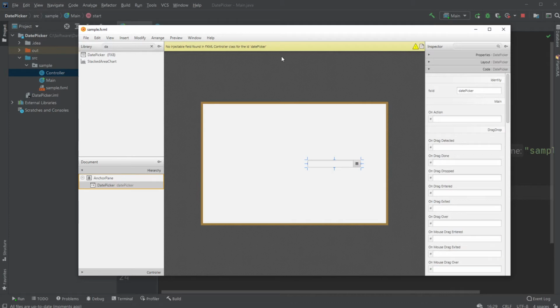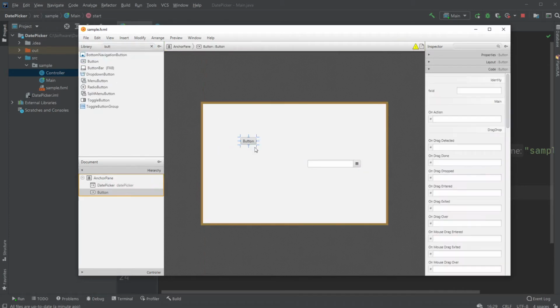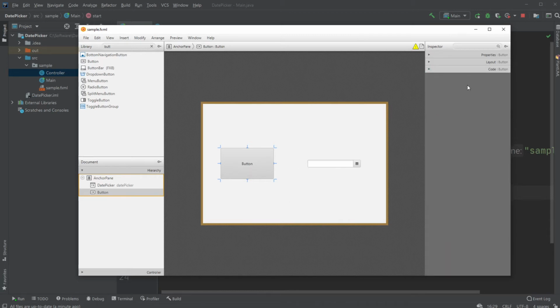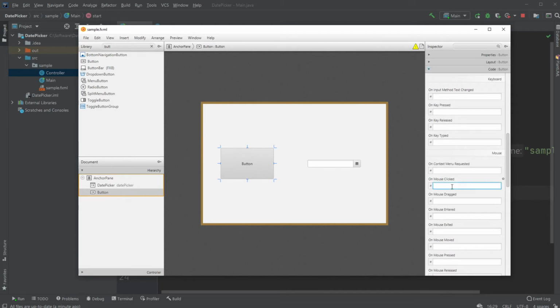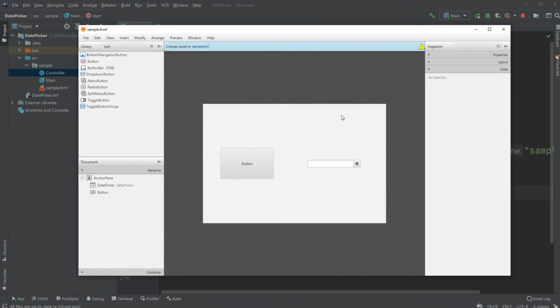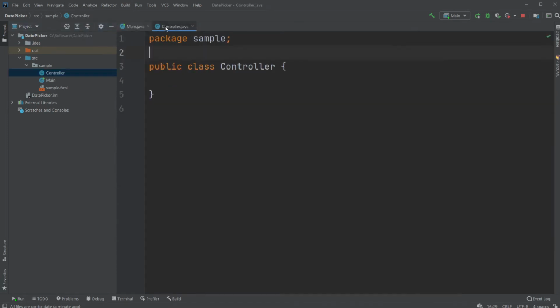And I'll create a simple application where I have a button. And when I click the button, I will just print the date picked inside the DatePicker into the console. So for the button, I will choose on mouse clicked, call it getDate. There we go. And I will save, and I will show skeleton for sample FXML, copy and paste it inside